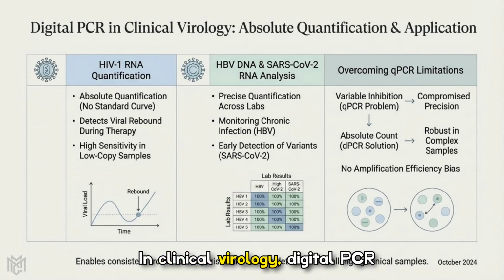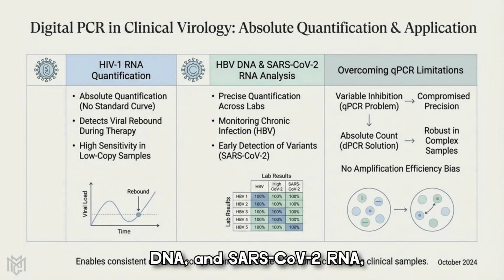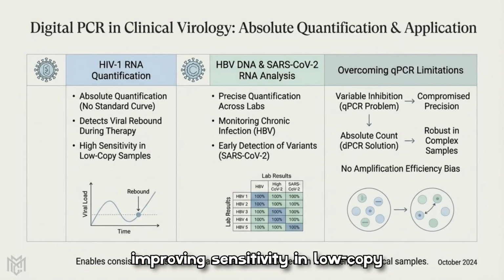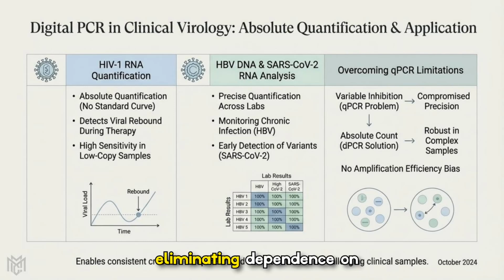In clinical virology, digital PCR provides absolute quantification for targets like HIV-1 RNA, HBV DNA, and SARS-CoV-2 RNA, improving sensitivity in low-copy samples and enabling consistent cross-lab comparisons. By eliminating dependence on standard curves and reducing amplification bias, it yields robust detection in complex clinical matrices and early